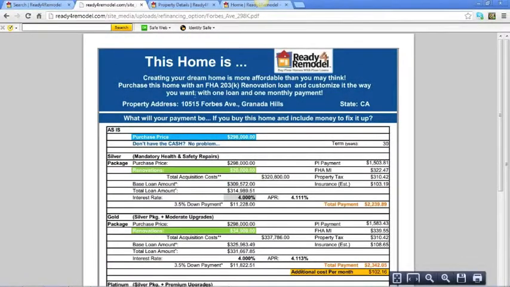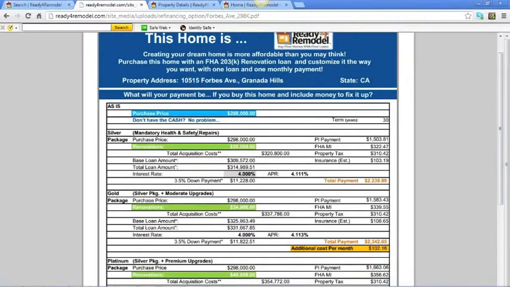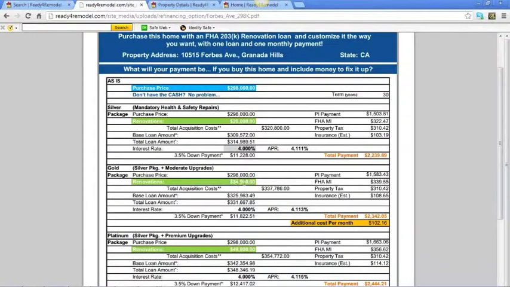and they can download this, and this should be printed and left at the property. So we've got the property address here, you've got the list price, and you've got the mandatory health and safety repairs that's been prepared for you by either the HUD consultant, the independent vendor, or a contractor, and they said, hey, it's going to take about 20 grand, and that's to meet the minimum health and safety requirements. So that could be fixing code violations, putting a new kitchen in, repainting an older house that has lead-based paint, doing termite work. The gold package is the mandatory repairs plus 5% of the sales price, which is $34,000, so